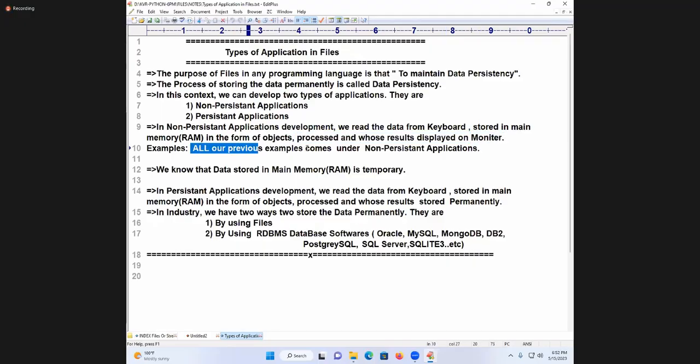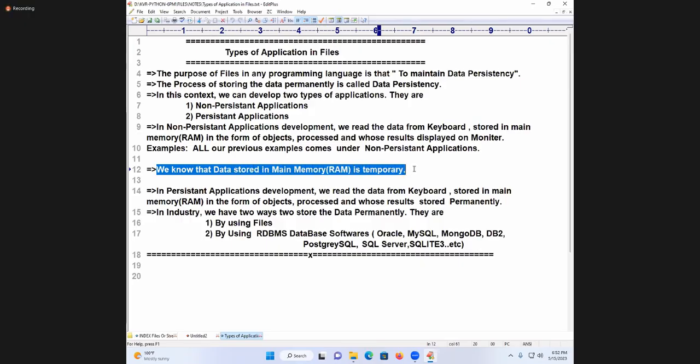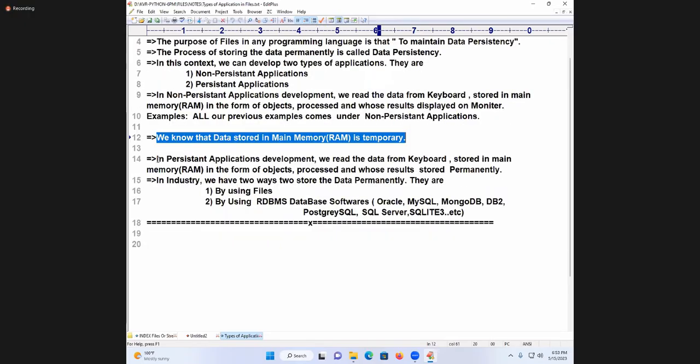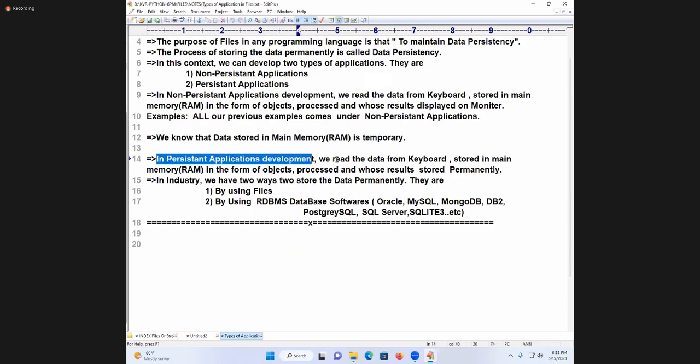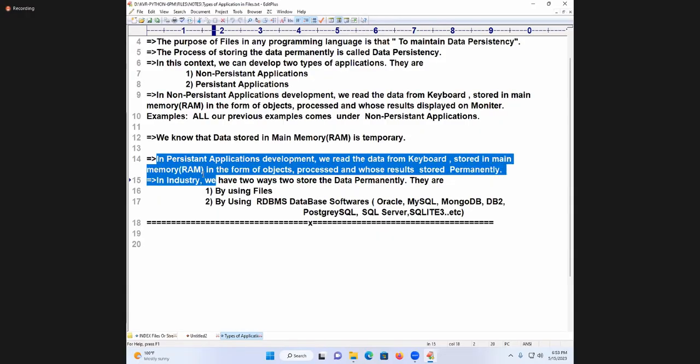Example: all our previous examples come under non-persistent applications. We know that data stored in main memory is temporary. In persistent application development, we read the data from the keyboard, store it in main memory in the form of objects, process it, and store the results permanently.